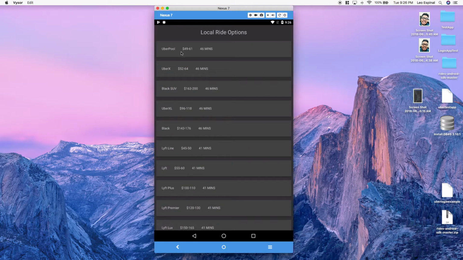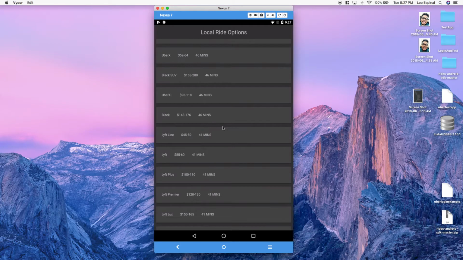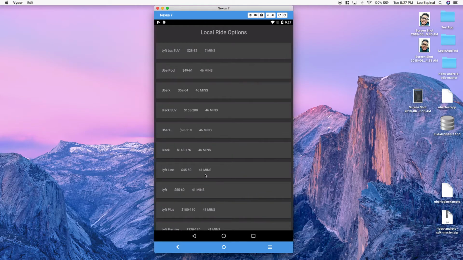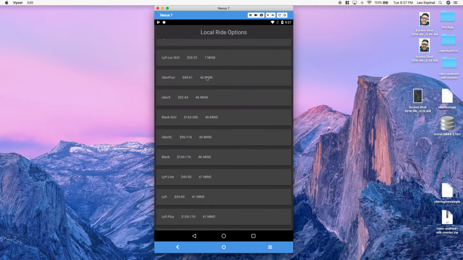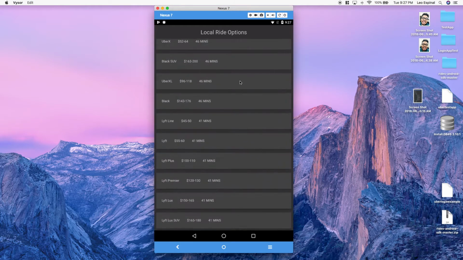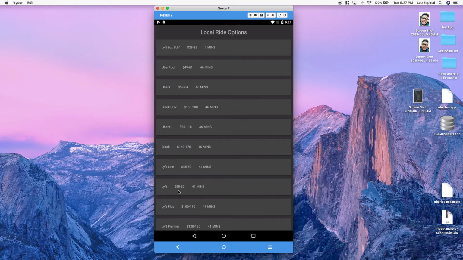So an Uber pool would cost me, you know, at a minimum $49. But it looks like the Lyft line will be 45. So you save a couple dollars there, and the Lyft line will get you there in 41 minutes. The Uber pool will get you there in 46 minutes. So it's just nice to be able to see what the options are, and adding other services in here, you can also see how those other ones compare to the two big ones that most people use.